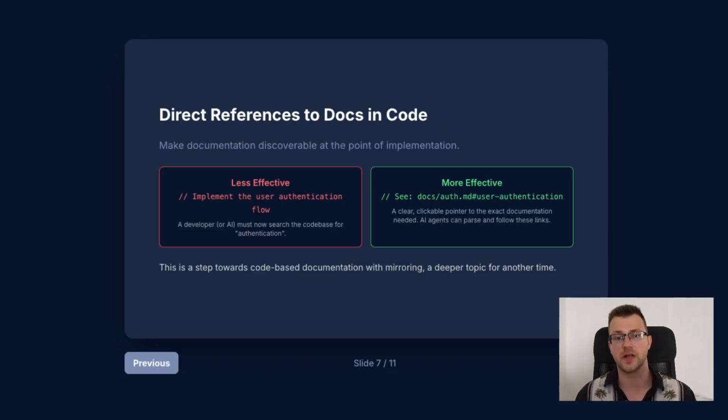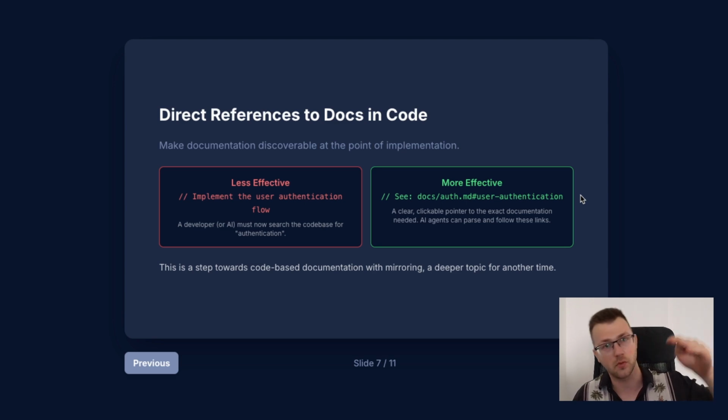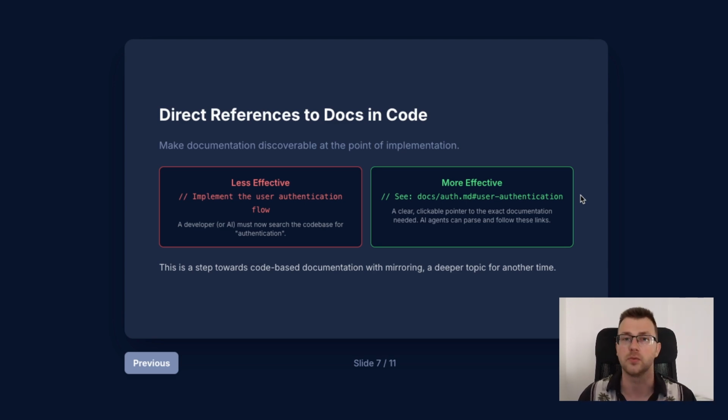Another thing is references inside your code. I didn't go into documentation too much, so it will be another video, but you can inject the references. Of course, there is no specific way to do it, but instead of saying implement the authentication flow, you can say see docs/auth.md, for example. This implies, of course, that you have documentation inside the code base. Of course, you can also add links that the agent can look through. What I'm basically saying is it finds a file, it can look through the content, it sees the reference to docs. Oh, okay, so it can also go and look up this document,